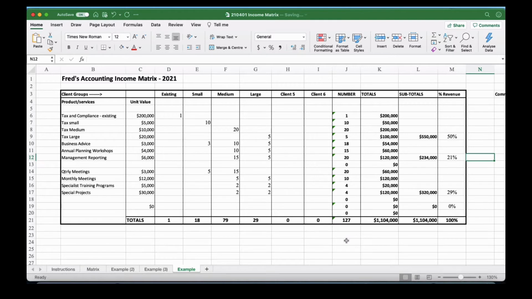Now, an income matrix is really just a simple budgeting tool for sales revenue. That's all we're interested in, looking at sales revenue. And the challenge here, for this example, we've just got a simple accounting firm example. It's completely made up. But what we've got is a simple model that says we're looking at